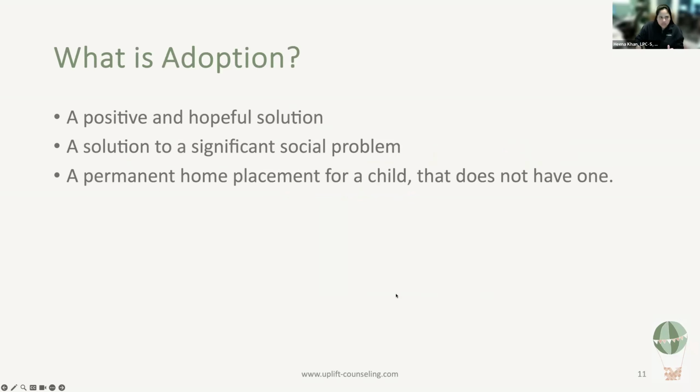But really, what adoption is, is loss, right? There is loss. There is disruption with an attachment figure. And when we see it just as this positive, hopeful solution or a placement, we kind of miss understanding or conceptualizing adoption in that way. There's loss and an attachment disruption in adoption, and we don't see it quite like that, right?